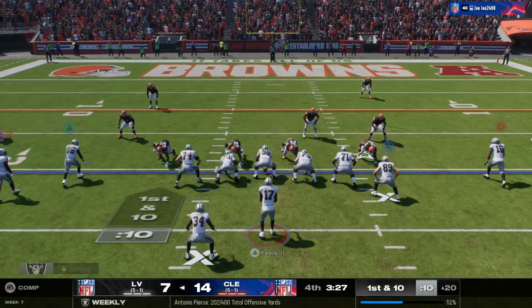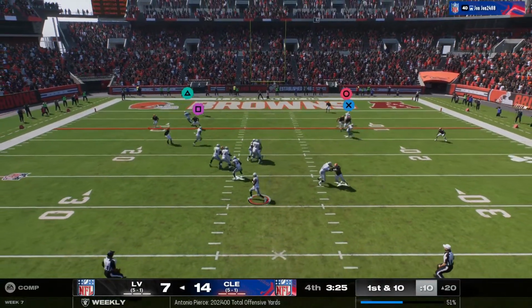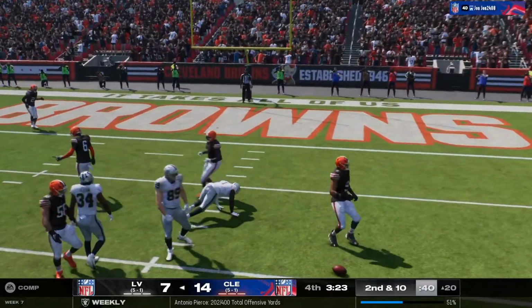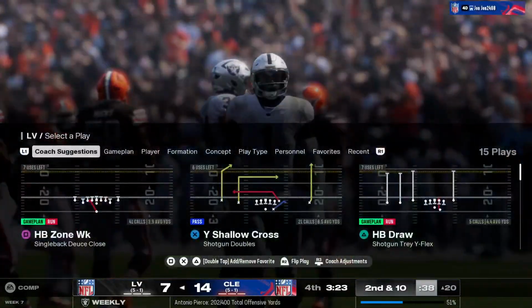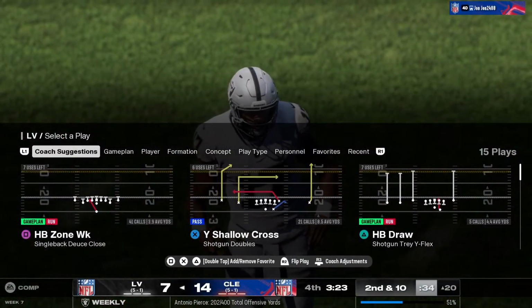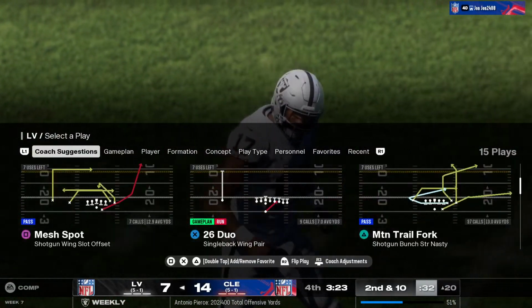Ready, go. Let's go. Working inside the red zone. Defender arrives right as the ball does, and the hit knocks it free. Incomplete. Targets have far less room to work in this red zone, Brock, but down this close as a former quarterback,